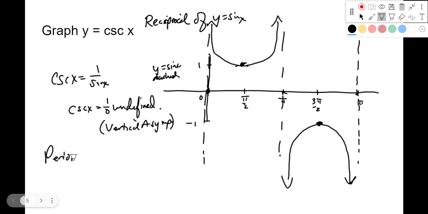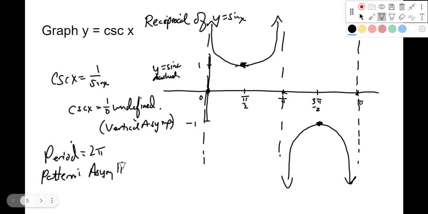The period is, again, 2 pi. Now, we don't talk about the amplitude of cosecant because the waves don't get a certain amount high or low. But the amplitude's important because it tells you where the max and the min are on sine, which helps you to make your parabolas for cosecant. The pattern for cosecant is